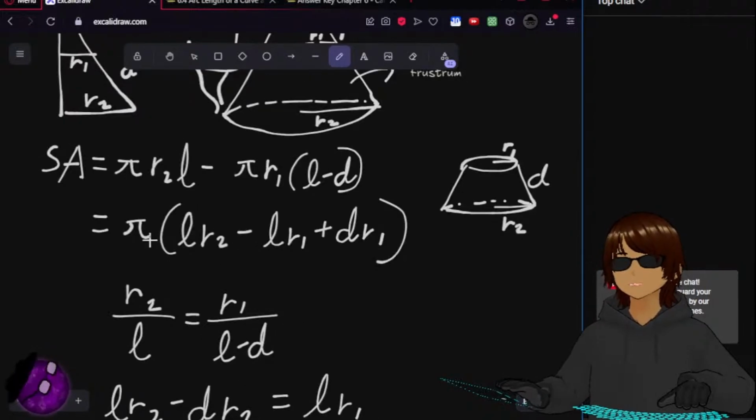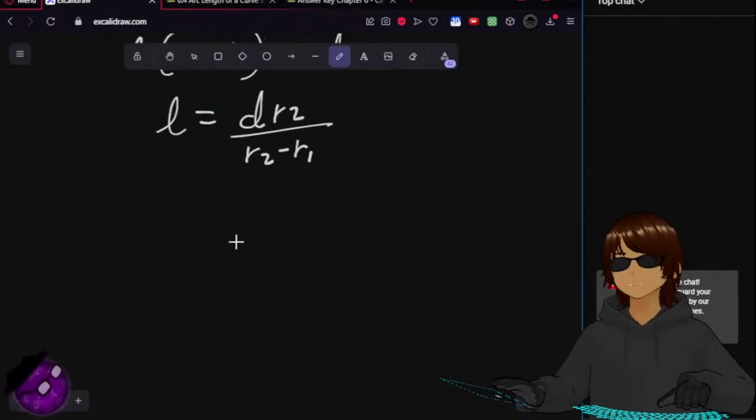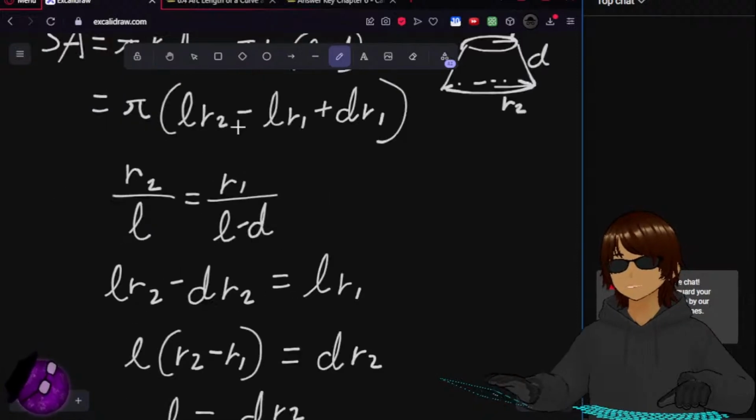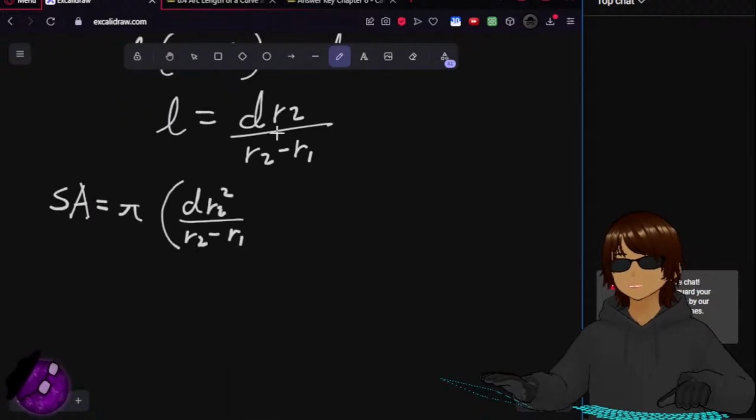Now going back to the surface area, I can replace L, right? Surface area is pi D R2 squared over R2 minus R1. Then I can replace this L minus